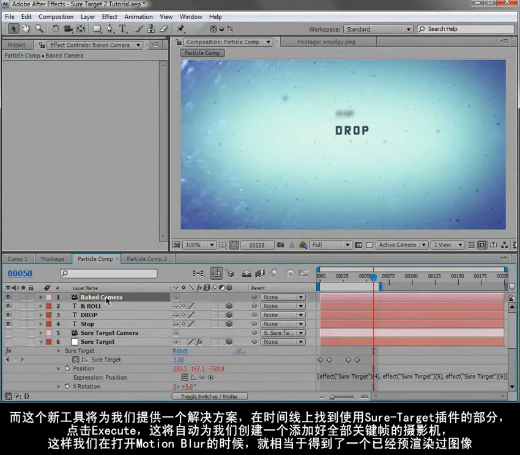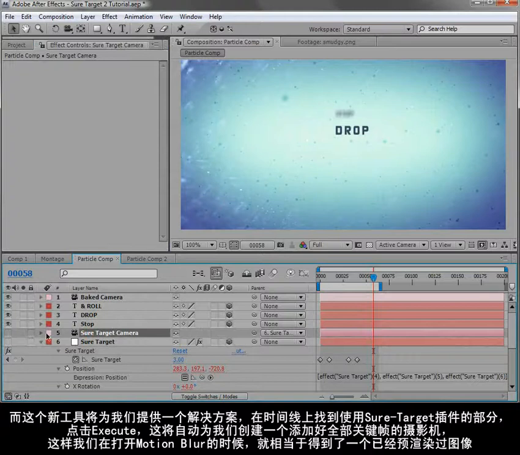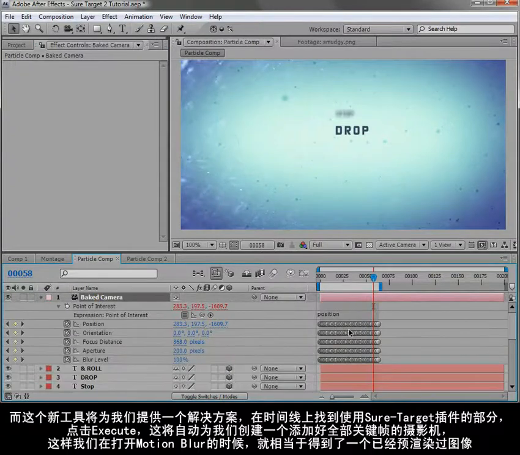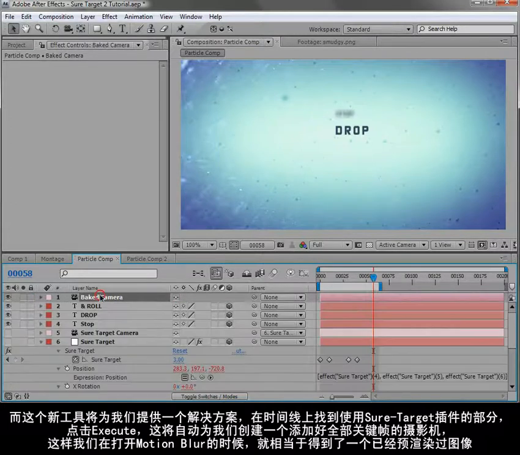Okay, so the camera is done. Here's what it's done. It's created a camera. It shut off the original camera, but we can always go back to it. But the cool thing is all of the keyframes are already added, and all we have to do is play it back. So check this out. Play this. Now, if we turn on the motion blur for our layers and the comp,